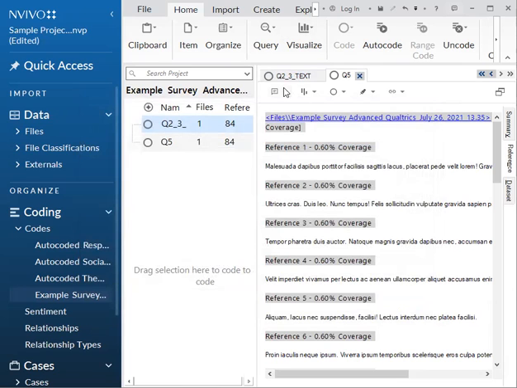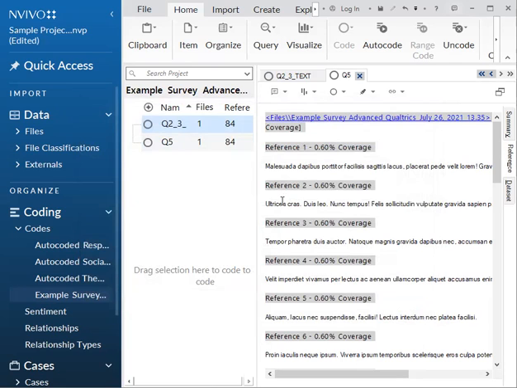If you double click the question like I did before, it'll pull open all of the responses so you can look at them as a set. It allows you to view open-ended responses at once to code them more easily.